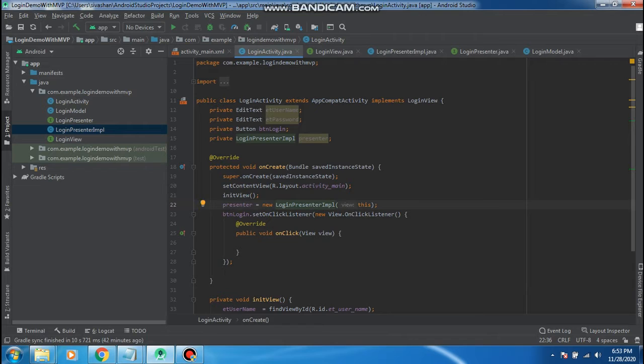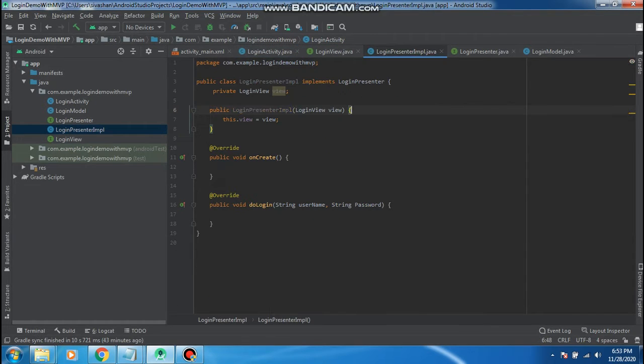If you forget to implement the login view, you face an error here. Because once you pass the instance of this class, you must declare what kind of interface you should declare in the presenter class.